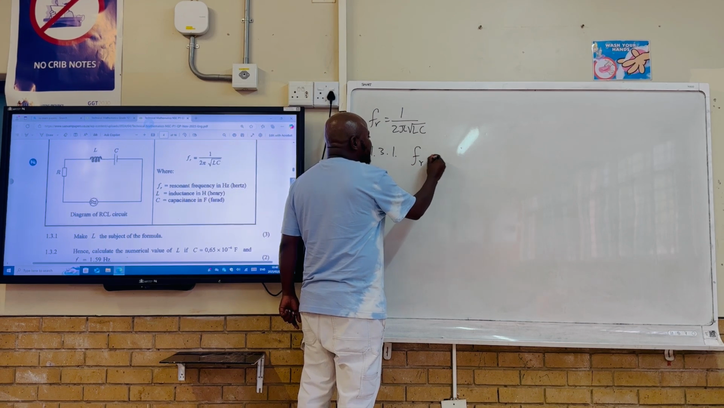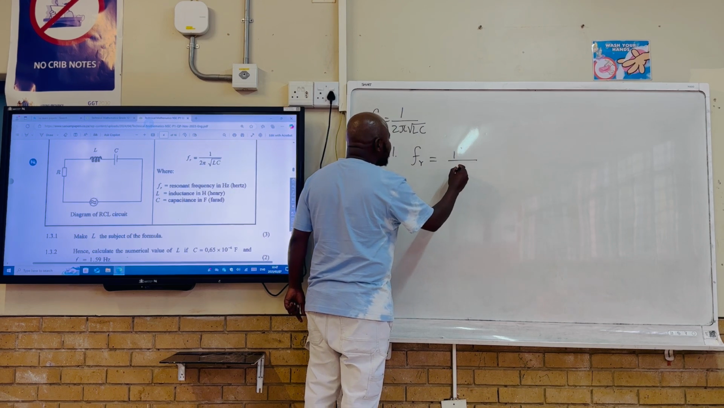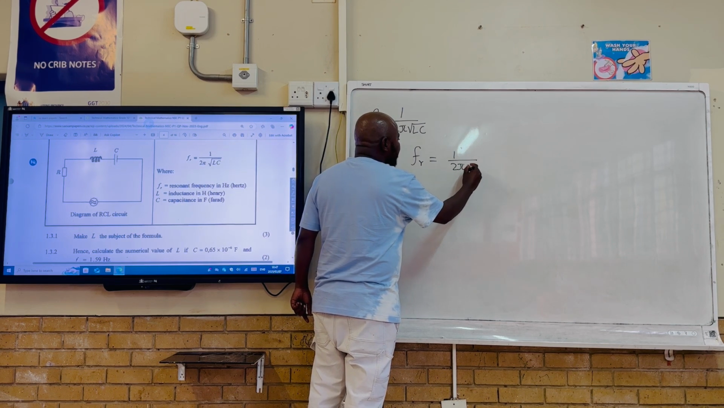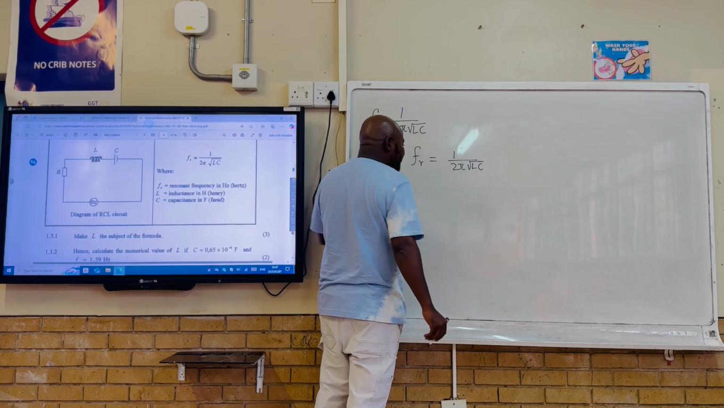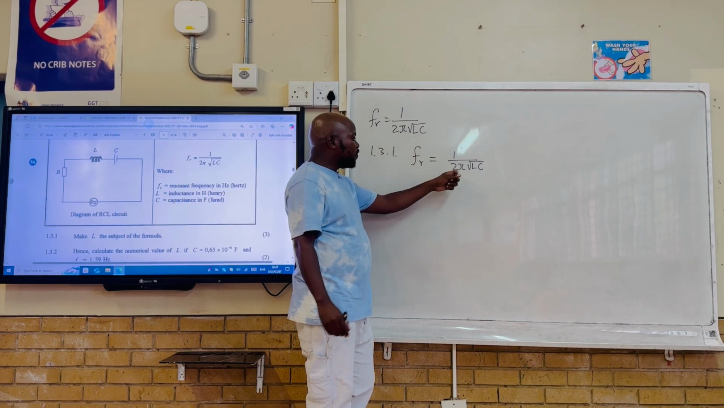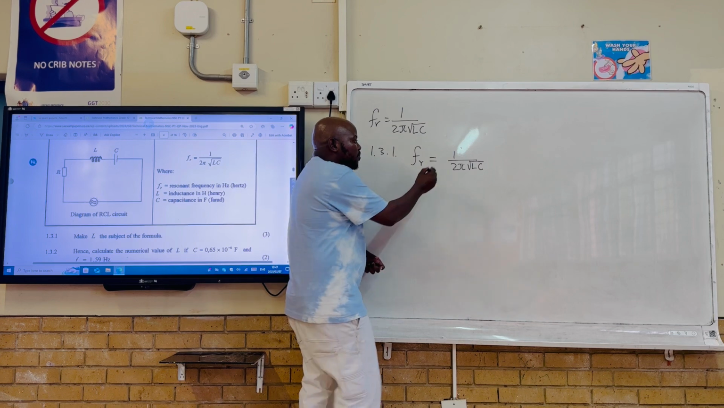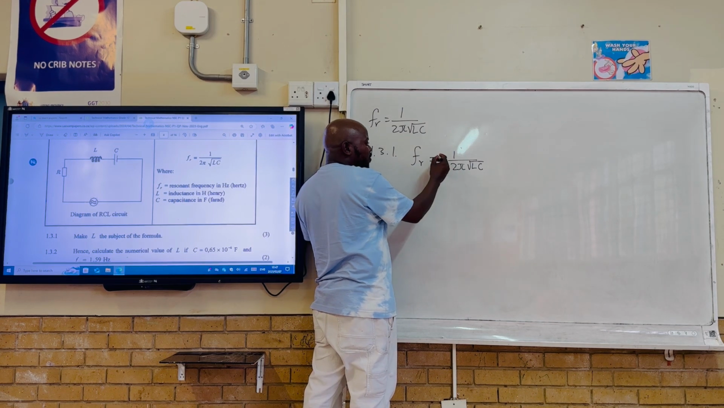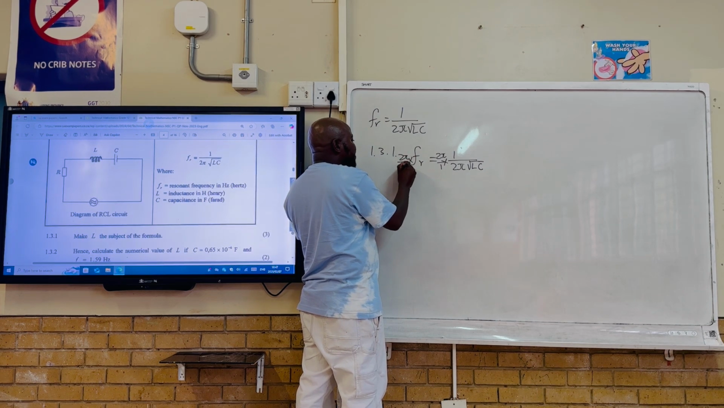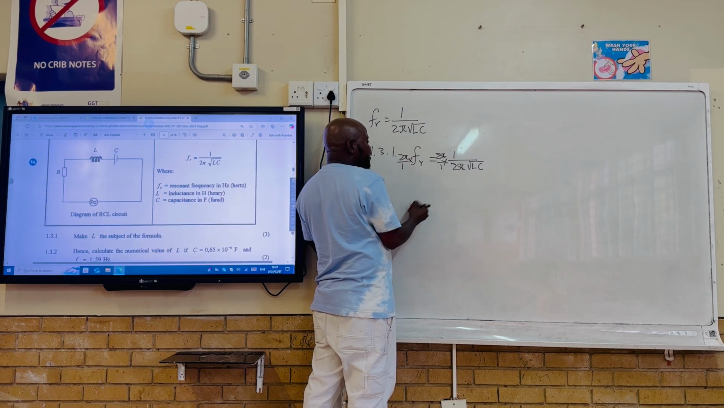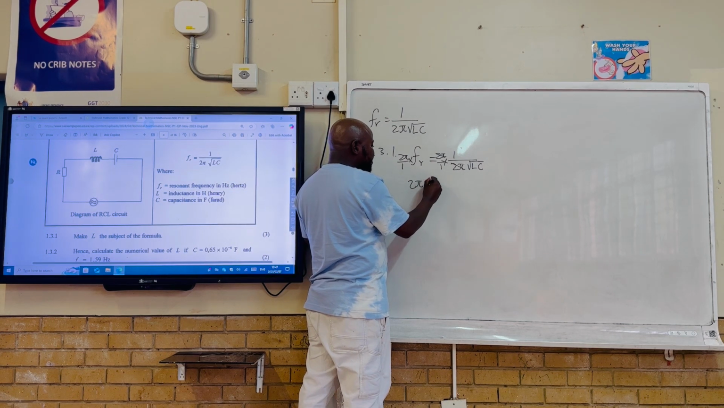The frequency is equal to 1 divided by 2 pi, the root of L multiplied by C, inductance multiplied by the capacitance. For us to remove this 2 pi, we can divide by 2 pi both sides or multiply by the reciprocal, which is 2 pi divided by 1. This 2 pi and this 2 pi will divide each other. This side you're going to have 2 pi multiplied by